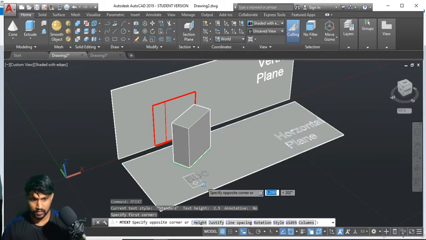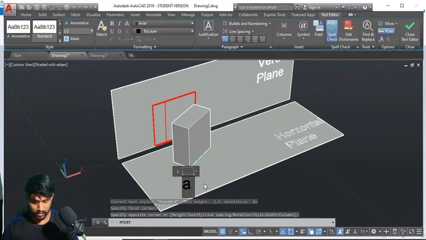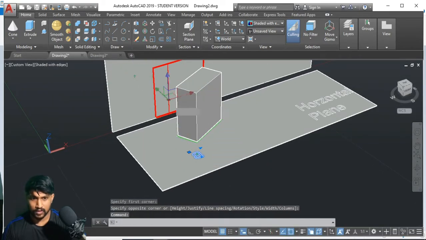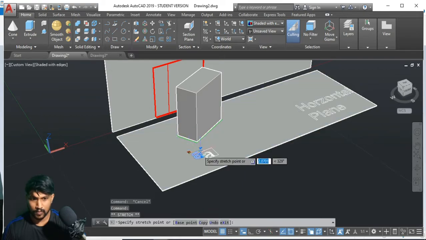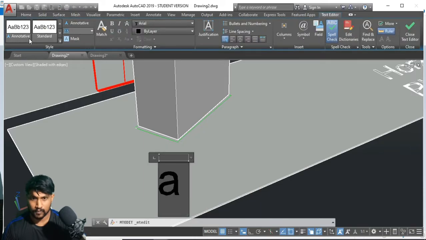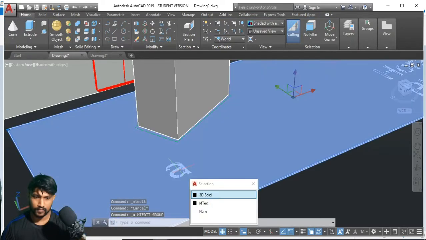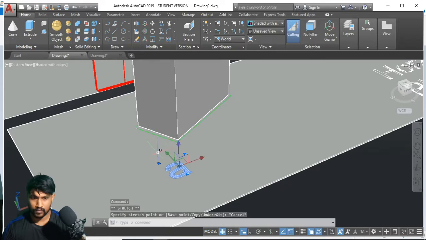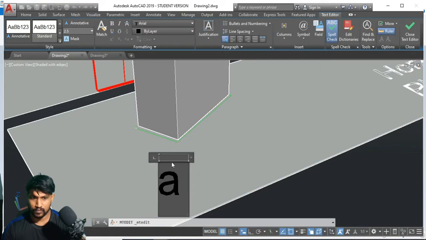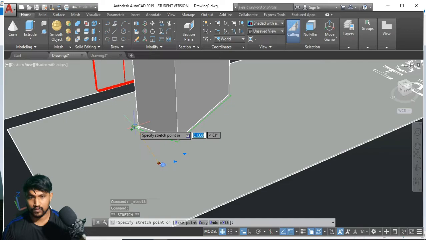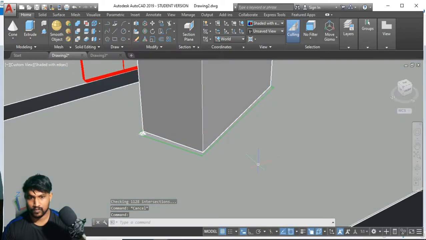Not here. Okay. Let me change the size to 0.5. Okay, that's it.